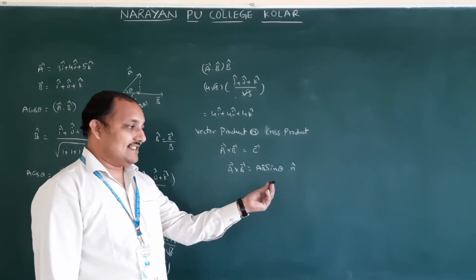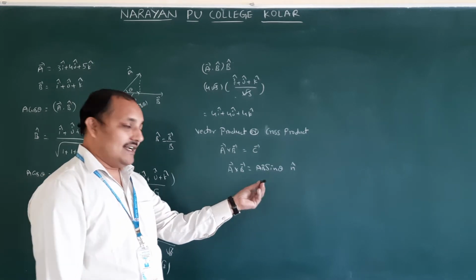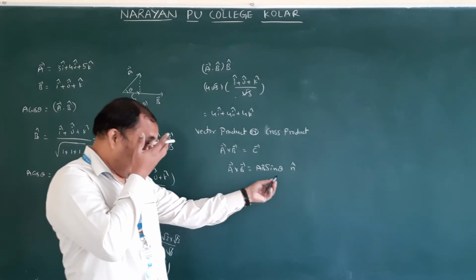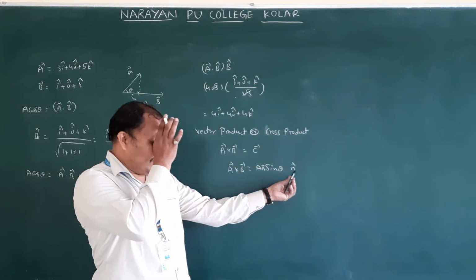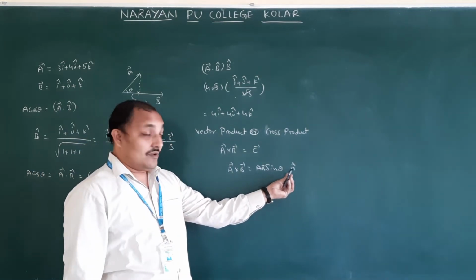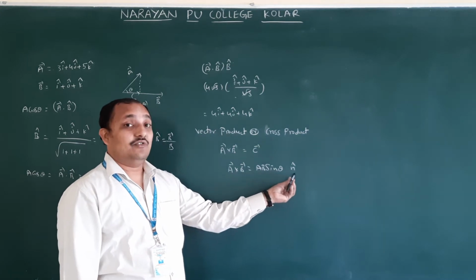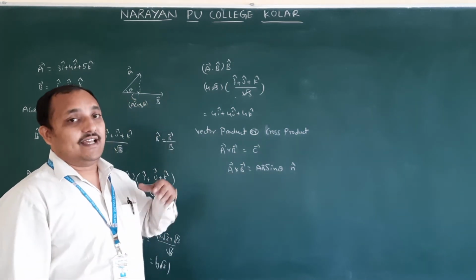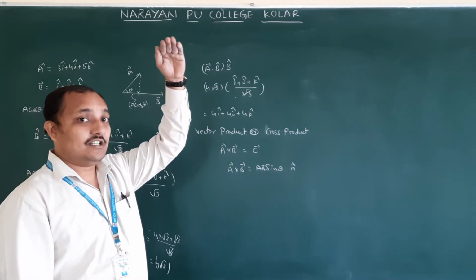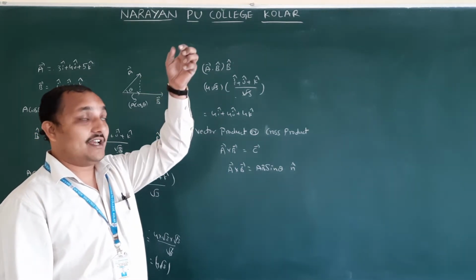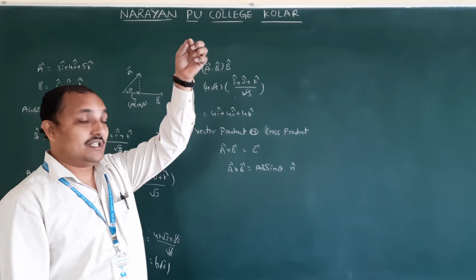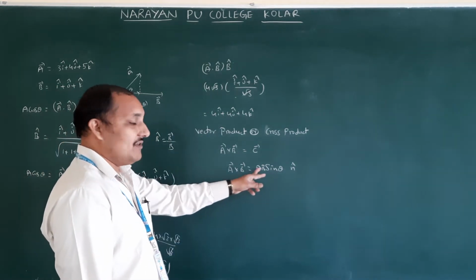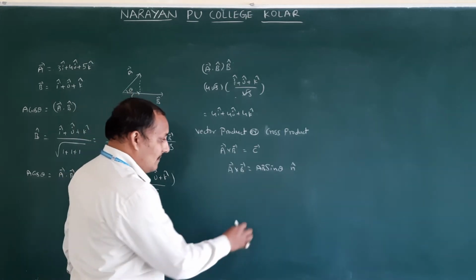So n cap is coming in this direction. What we have drawn is nothing but n cap. Here n cap is giving the direction. By multiplying with n cap, the value won't change because this is a unit vector, and unit vector magnitude is 1. What is the direction of the ceiling? Ceiling direction is downwards, because the normal n cap we draw there points downwards. So how the direction comes, we will see now.